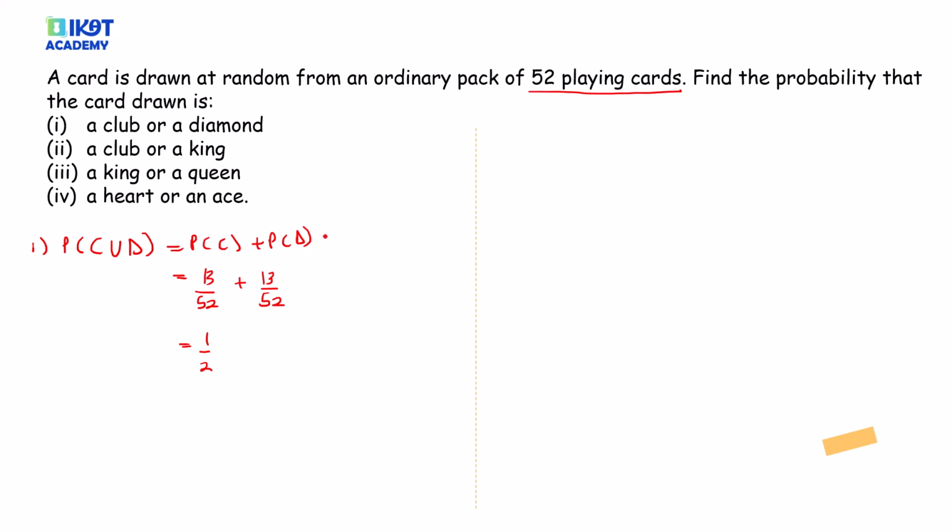So I hope you see I've not subtracted the probability of club intersection diamond, because in one pick I can't pick any card where there's an intersection, because these are mutually exclusive. So I hope you see the concept of mutually exclusive in this. Here they said probability of a club or a king. There are 13 clubs, so probability of a club plus probability of a king. So you can't subtract because